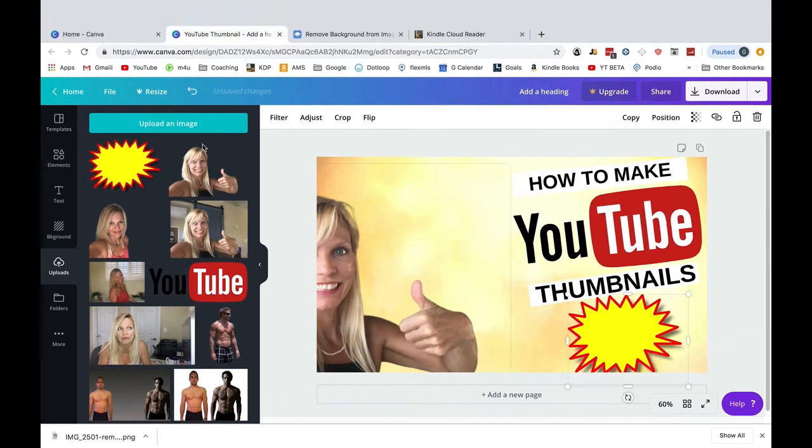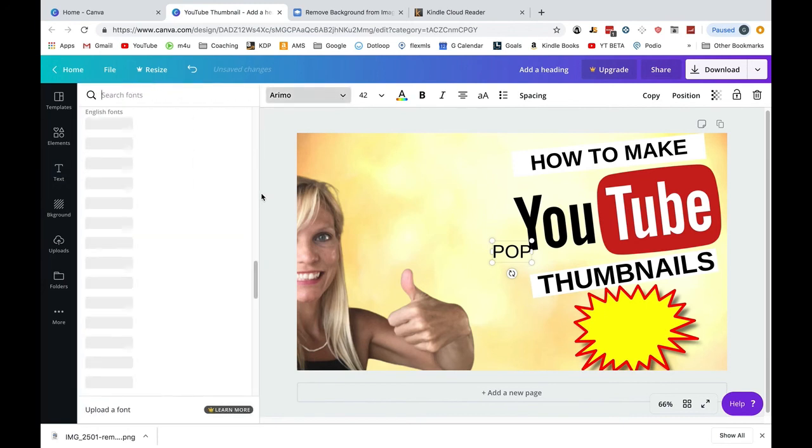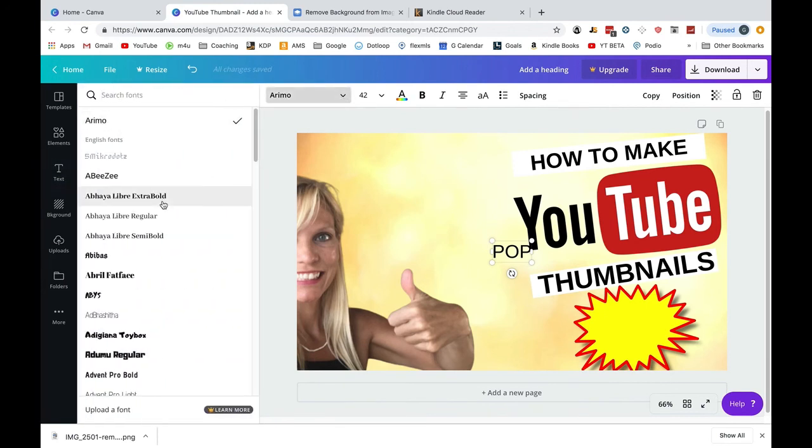Okay, and then I'm going to add some text on top of that. And I want to change that text to be thicker. Let's see if I can remember which one I used here. Okay, finally got it. And I'm going to move that on top,